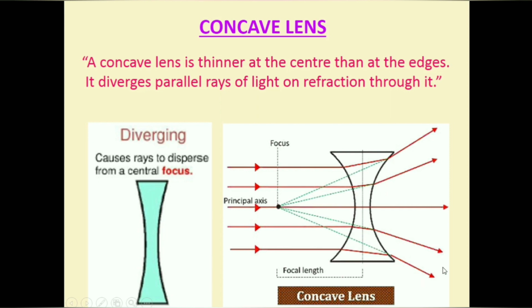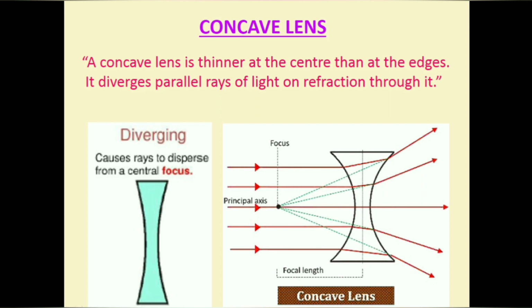Now, when the observer observes these refracted rays, for that person, these rays of light appear to be coming from this point. Right? Now this is not real. This is virtual, because they are not converging. They are diverging but appear to come from the point. So this gives a virtual image because diverging of light takes place. So this concave lens is also called a diverging lens because diverging of light takes place after refraction.